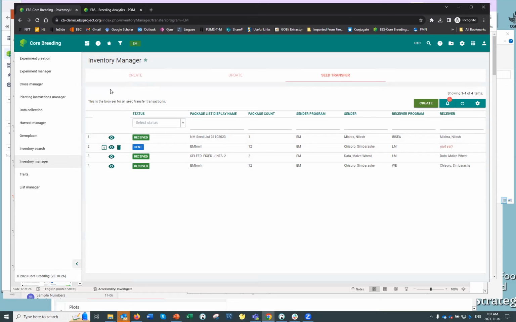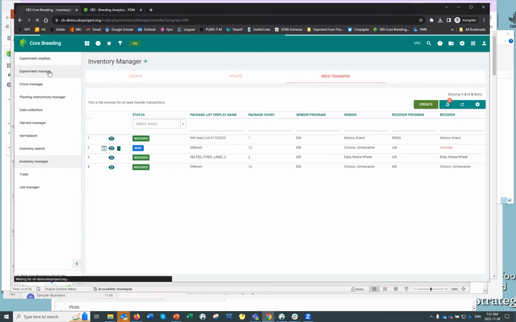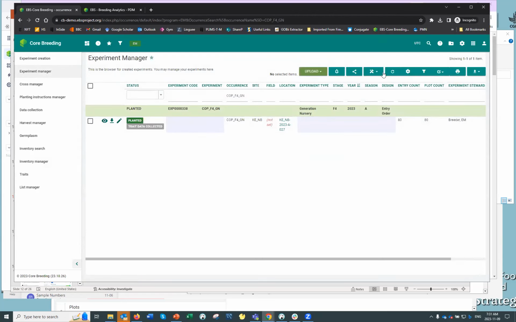So this helps to facilitate work across different teams. So that's just a very quick example of a nursery, just to give a very brief introduction to what trials look like.